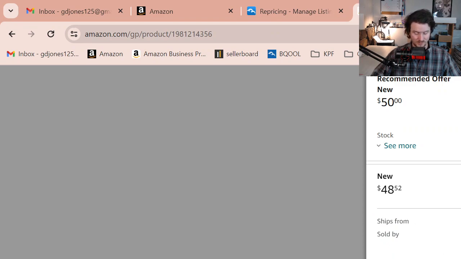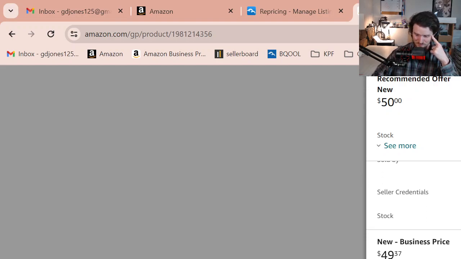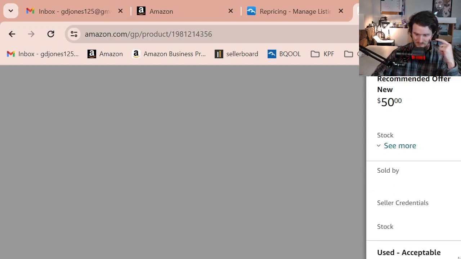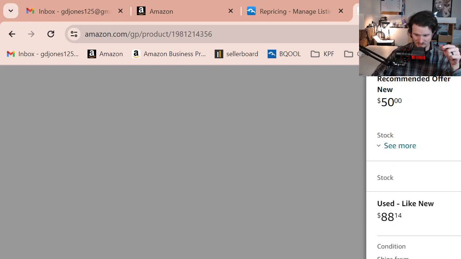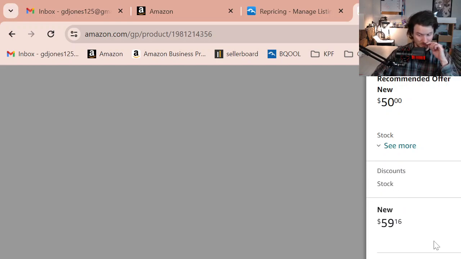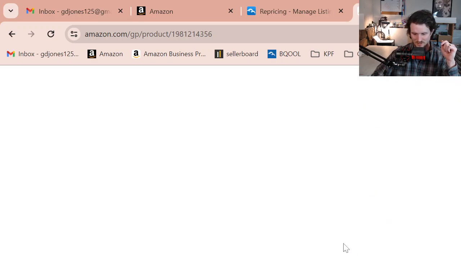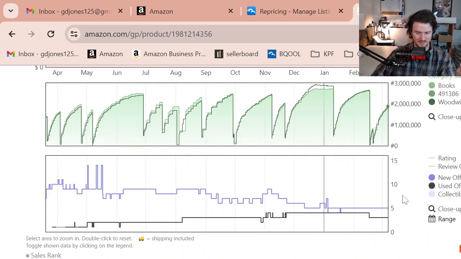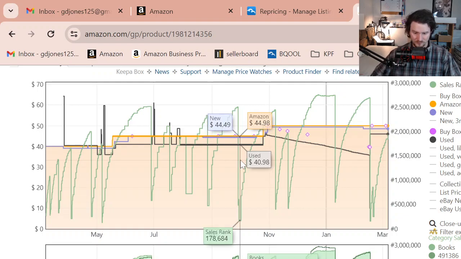They have 10 of them too. And oh man, there's a lot of new. And another new 49, 59. All right, so I don't know why these guys are priced at this 88. These new offers must have just come on. That's why they're priced that high, because they don't know there's no way they're getting that. Amazon's been on it for a while. I have no idea why they're priced at 88. Anyways, let's not concern ourselves with them. We are in business for ourselves. So this 40 price,